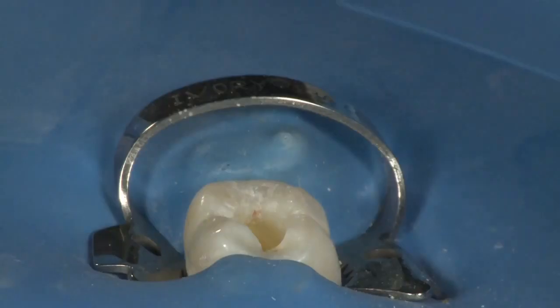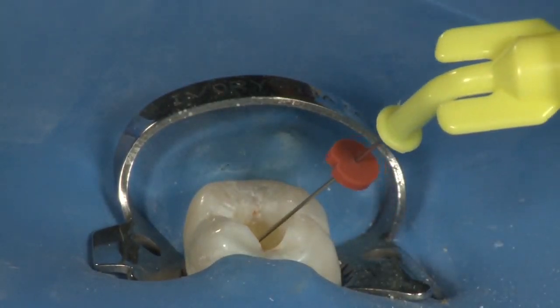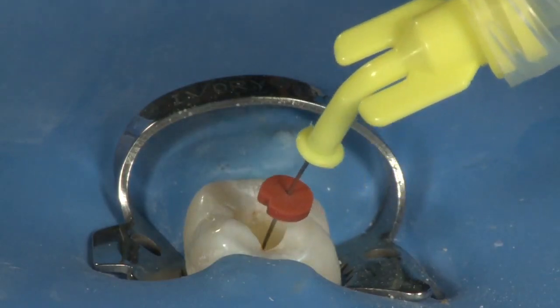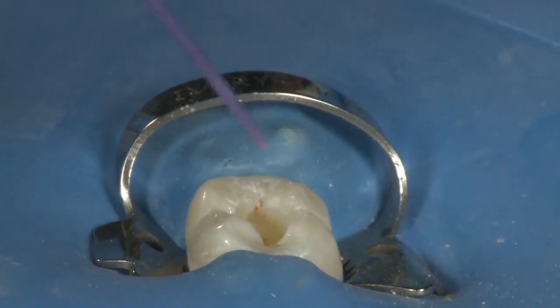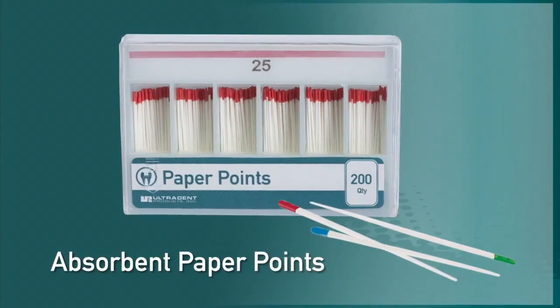Evacuate the canal. Now fill the canal with Conceptus, chlorhexidine gluconate. Allow this to soak for 5 minutes. Studies have shown that a 5-minute soak with chlorhexidine will provide up to 10 weeks of antimicrobial protection in the canal. Evacuate one last time with the Luer vacuum adapter to remove the Conceptus from the canal